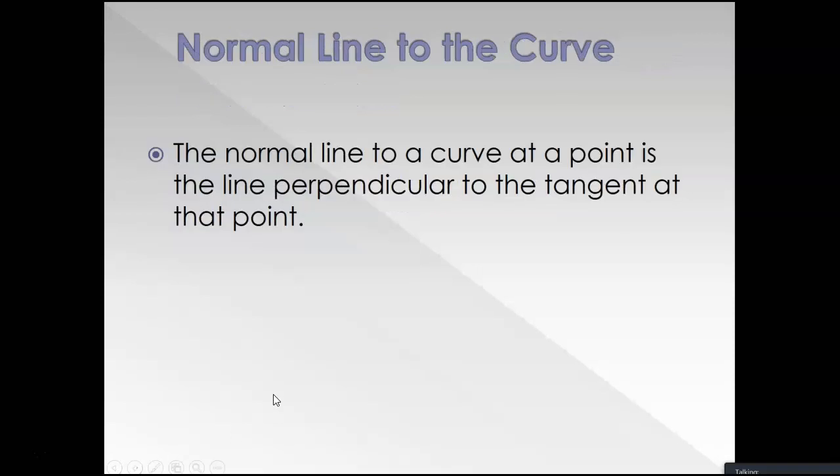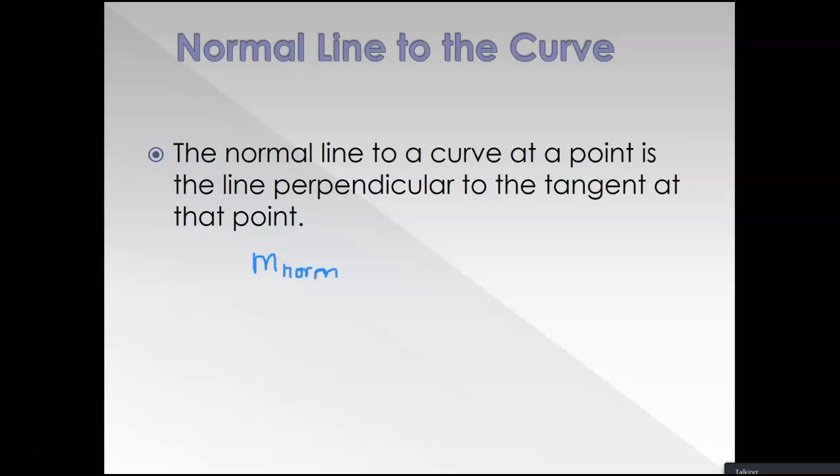A normal line is another way of saying perpendicular. If two lines are perpendicular to each other, what do we know about their slopes? Go ahead, Maddie. Perfect. So the normal line is going to be perpendicular to the tangent line, which means the slope of the